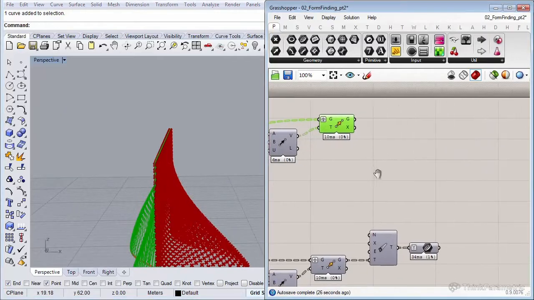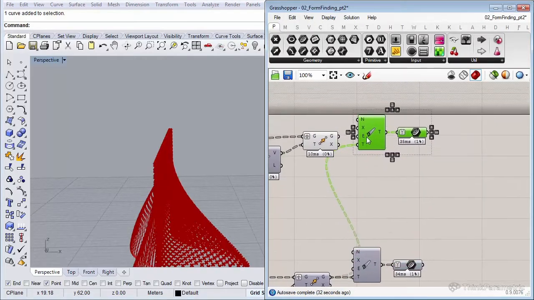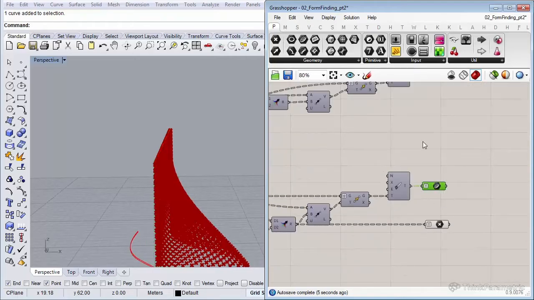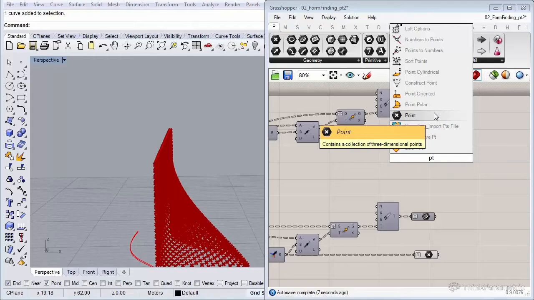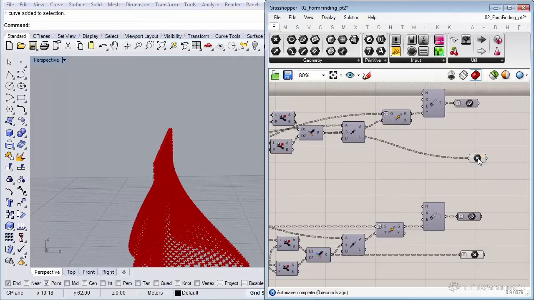And to finish up also the clean tree component. And let's simplify this output.